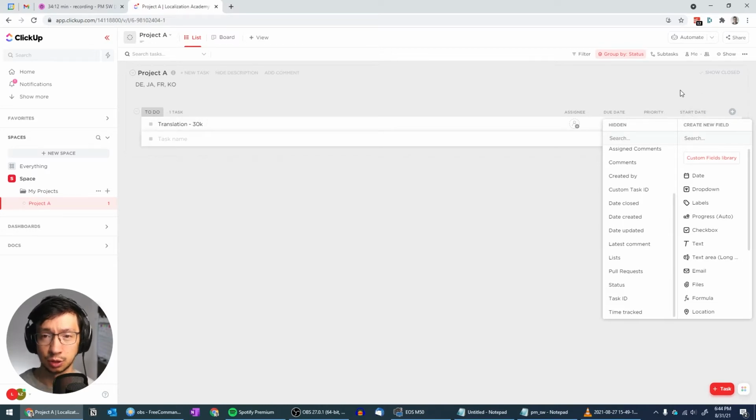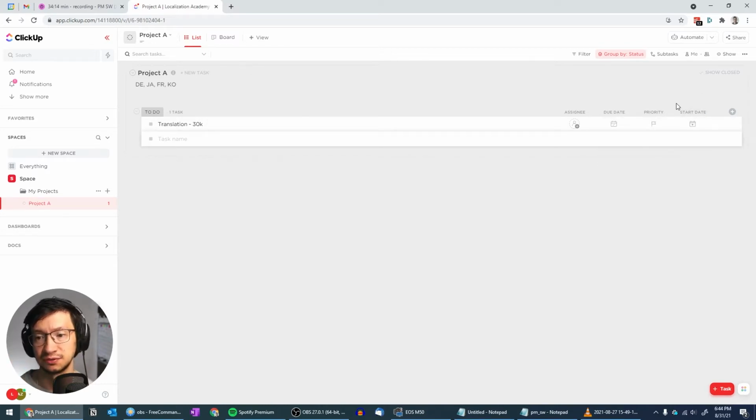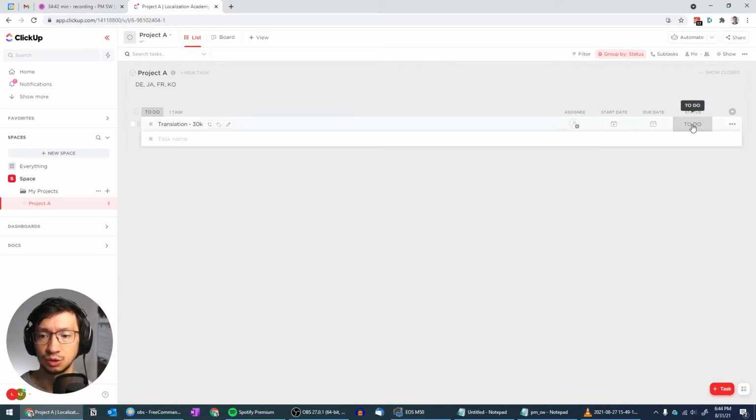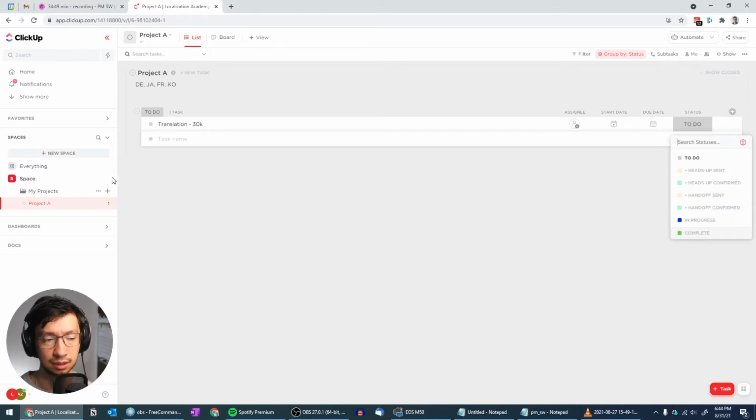So the duration of the task is pretty much defined by the start date and the due date. Priority, I don't think we need a priority, so I can get rid of it. So I'm just going to hide priority. And then what we need is the status itself that we just defined. And for now, this should be it. Okay, so here, if I go to status, you can see the different statuses that we defined on the space